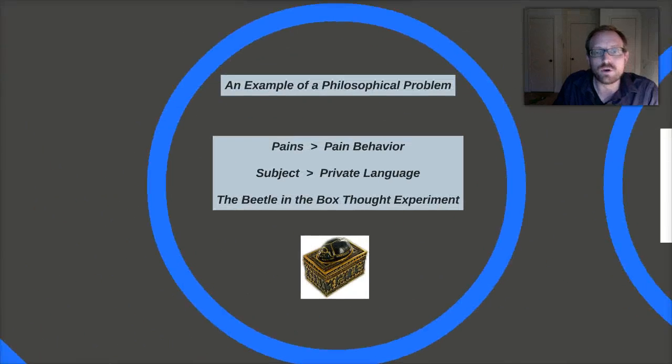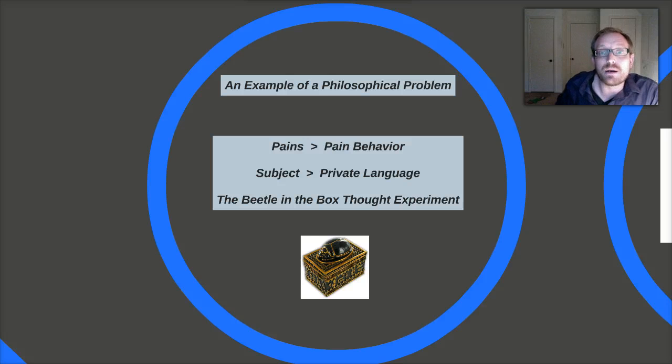Now, there's a little bit more I want to give you. I want to give you an example of how this is related to a philosophical problem, and this comes from a very famous problem in Wittgenstein. It's called the private language argument. One of the things discussed is, can people have a private language? That is, can people mean things that are purely subjective and purely personal, in principle, right?